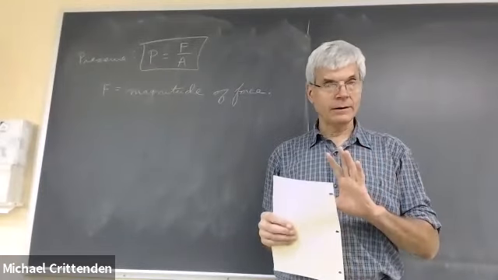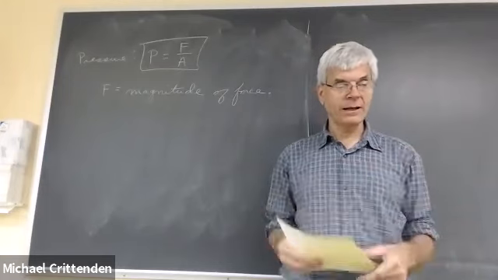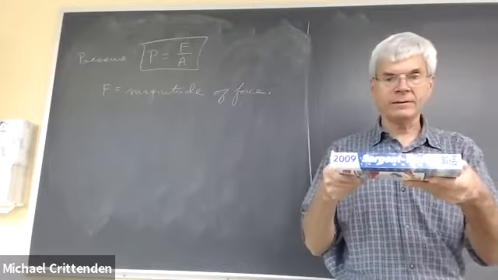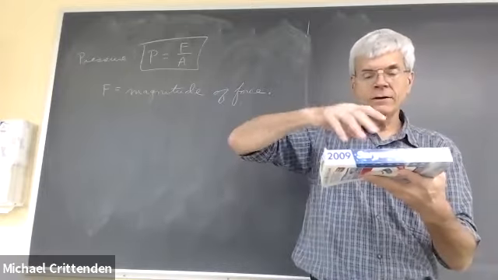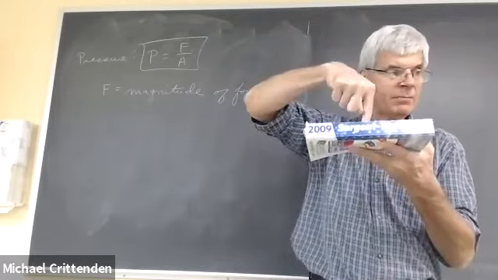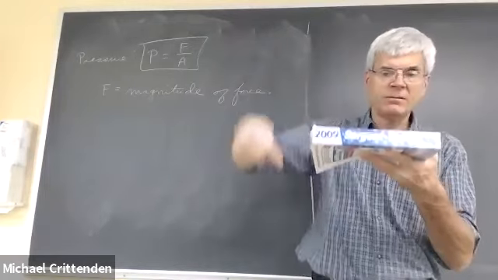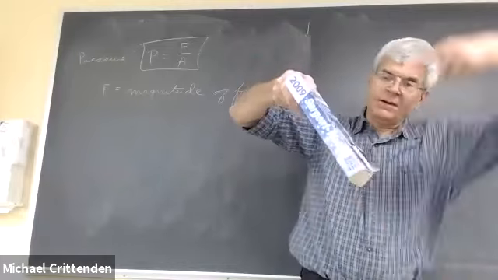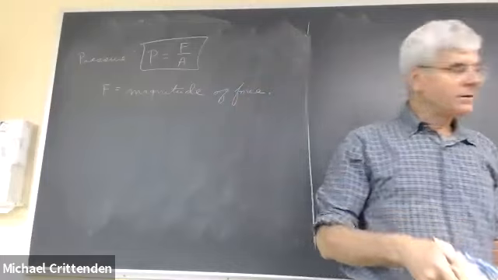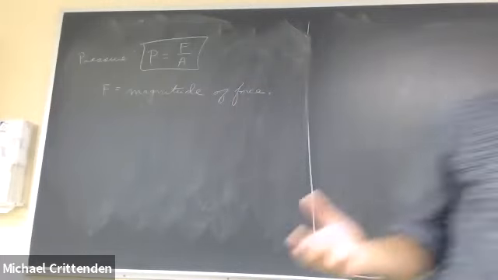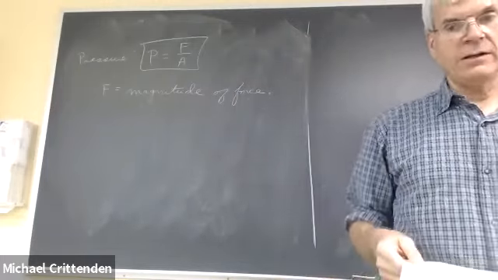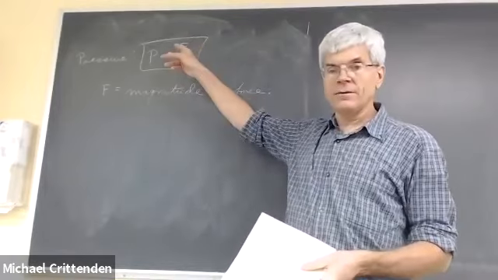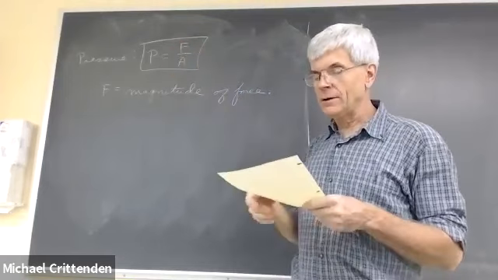To be precise, F is the magnitude of the force. Pressure is a scalar. It has no direction, okay? Because, like, consider the air pressure. I've got this book here, okay? The air in this room pushes down on the top of the book, but it pushes up on the bottom of the book, and it pushes horizontally on the sides of the book. And if I held the book this way, it would push at an angle. The air pressure has no direction associated with it. So pressure is a scalar. So anything about the force's direction, you want to ignore that.